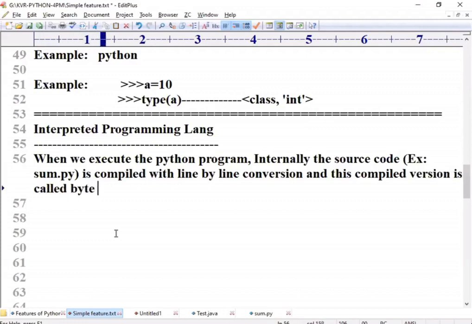If you want an example, I will write sum.py. The source code, for example sum.py, is converted into